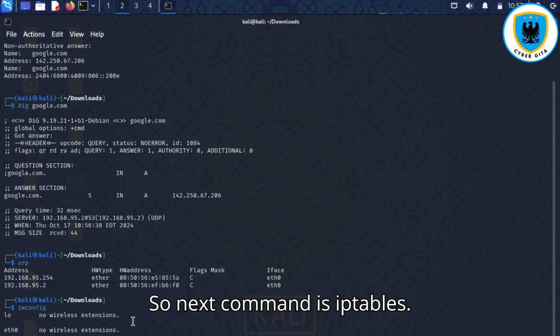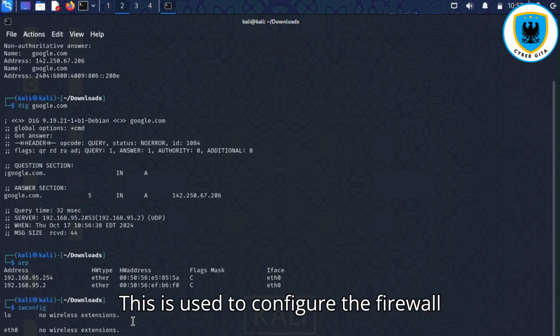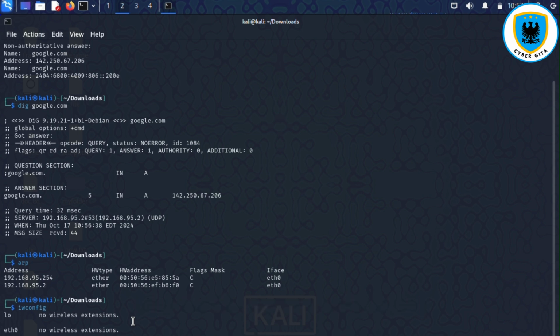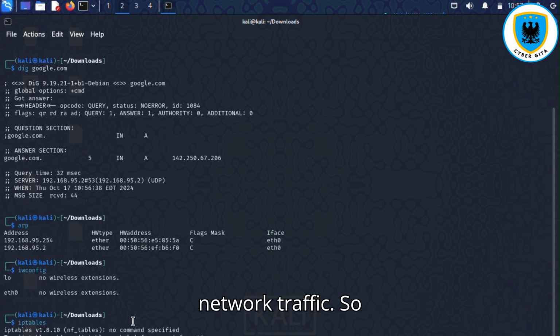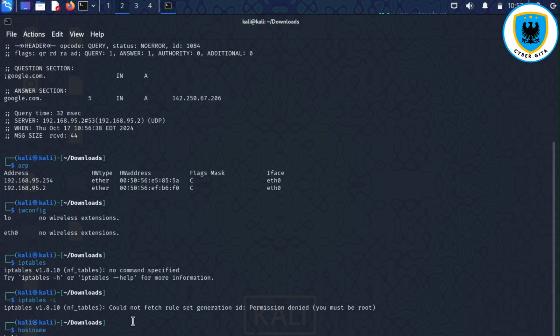Next command is iptables. This is used to configure the firewall rules for filtering or manipulating network traffic. So iptables space dash L. Okay. The hostname command will display or set the system's hostname.